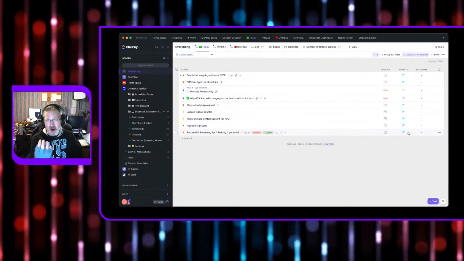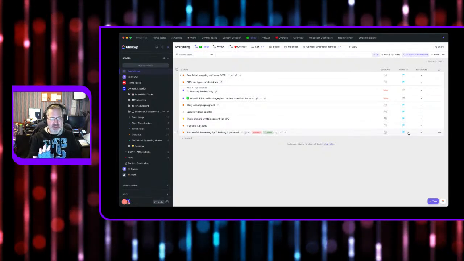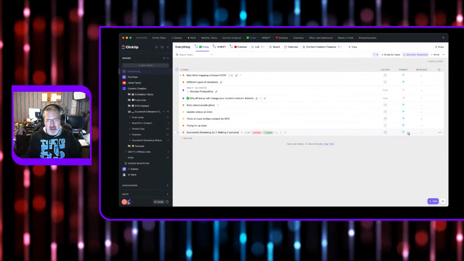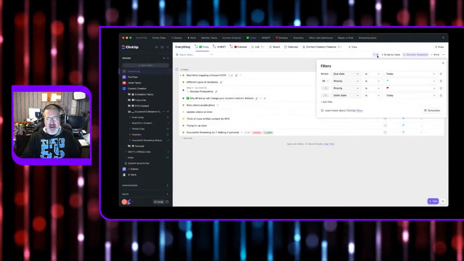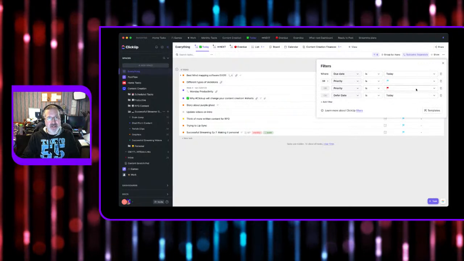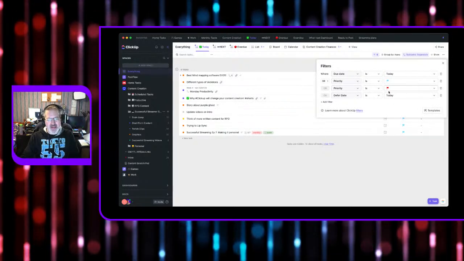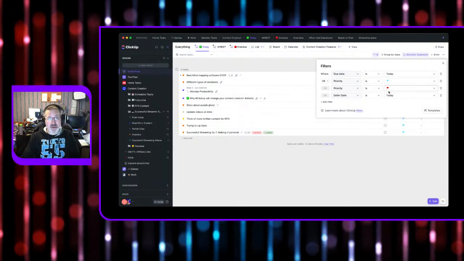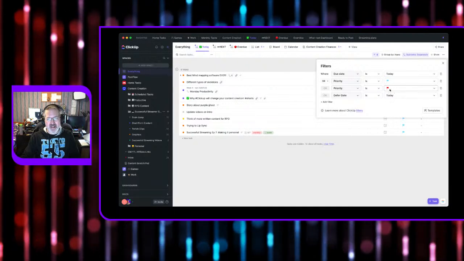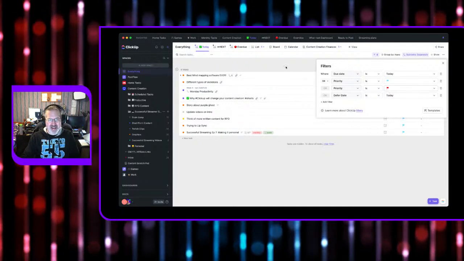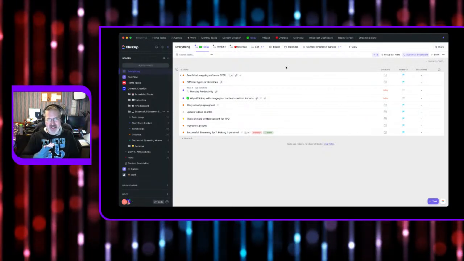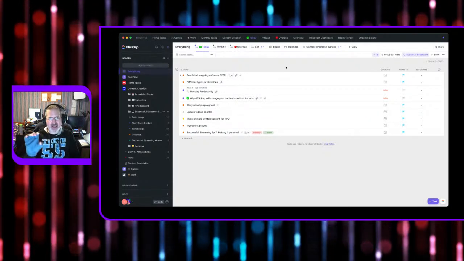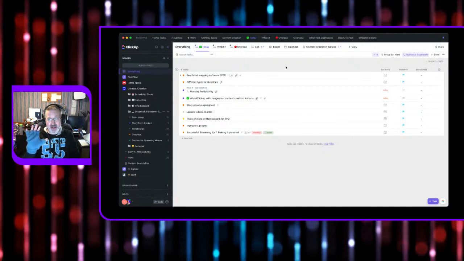So every time I open up ClickUp and go to Today, I can see instantly things that I actually need to work on. And this is done by a series of filters here. If I have a red flag set up, it's like, you must do this first. That's what my red flag is. There's no shadow of a doubt you have to do it. So if I look at my to-do task list and there's a red flag, I know I have to do it.